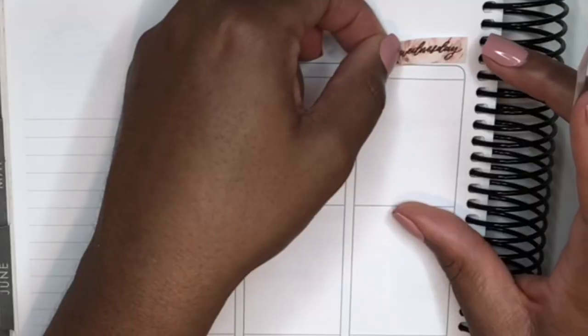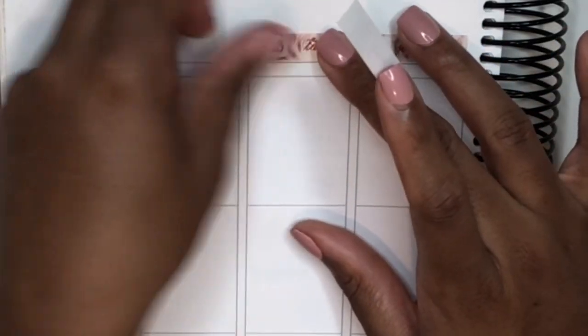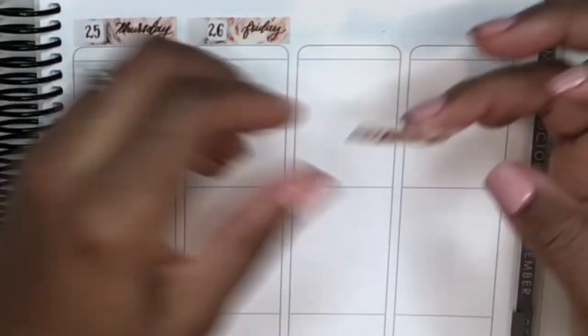Then the date dots that I'm using are from Panda Bird Design, and I'm adding those to the date covers and then putting those down. Once I have that done, I'm going to move over to my sidebar, and I wanted to restructure some things